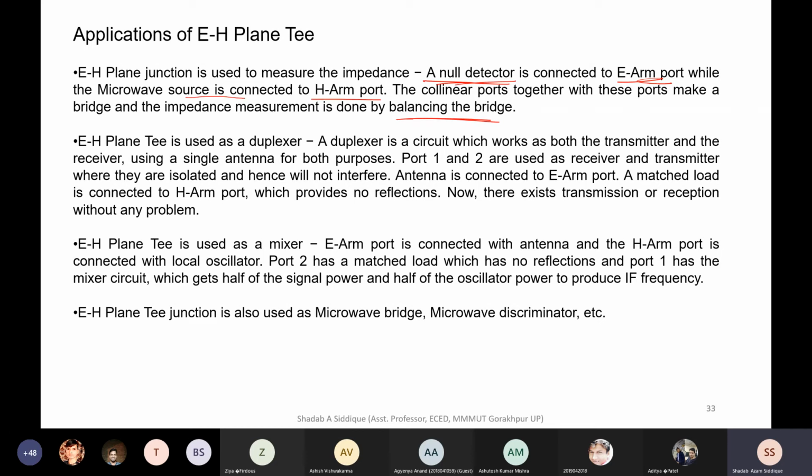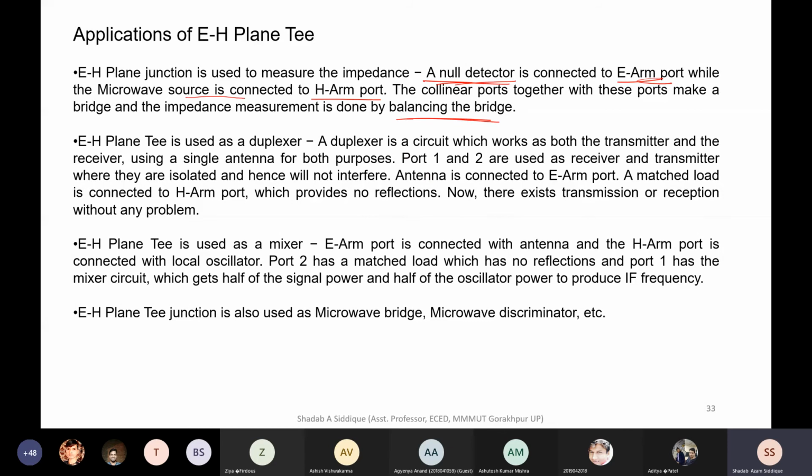You might have seen resistors in a bridge network. So it makes a bridge network, and while balancing the bridge, we are just taking the impedance. So impedance matching will be there; just match the impedance, balance the bridge, and you can have the measurement of impedance. This is the one port measurement of impedance, so you can measure the impedance of one port.